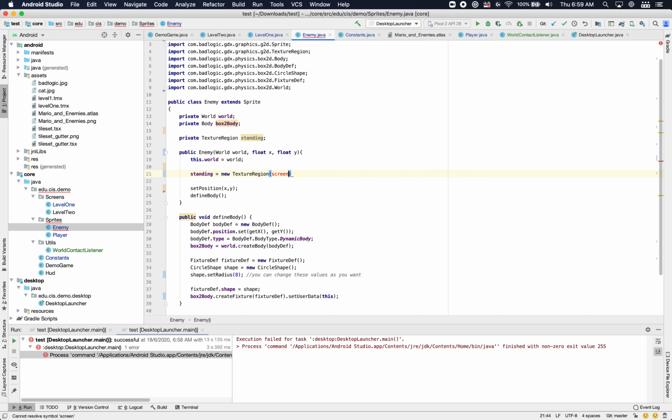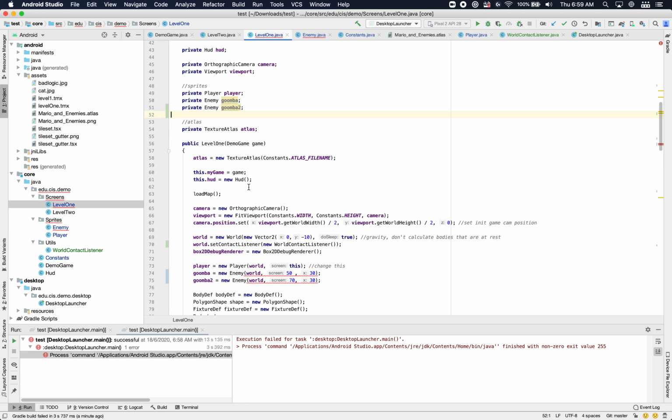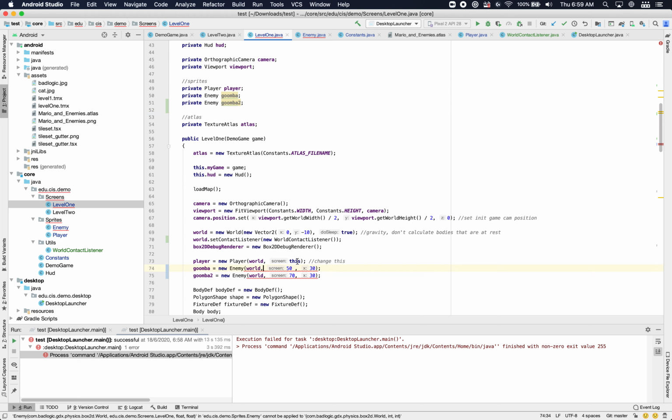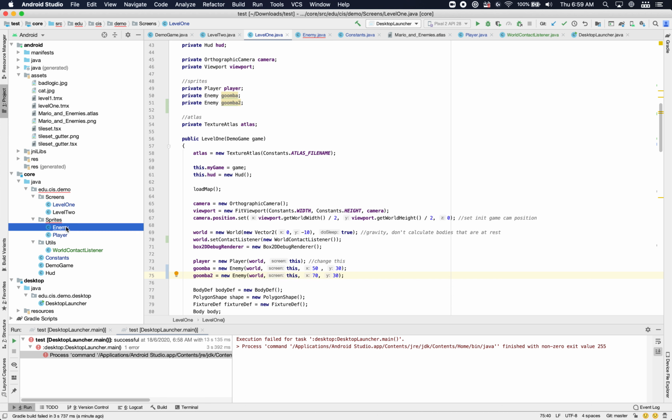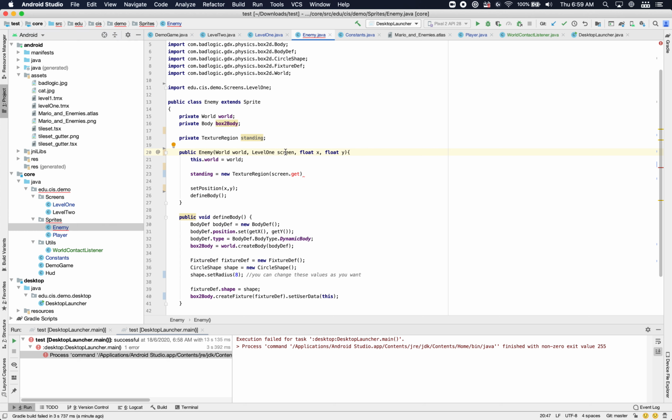So you'll want to say like screen.getAtlas, but we don't have access to the screen. We don't have access to the level. So we're going to create a new variable called level1 screen. We're going to go back here and we're going to say this and this, because this is a screen. So we're just going to say this screen and this screen, pass it through. They're going to come in here through the constructor, and then we'll be able to say this screen.getAtlas, and then